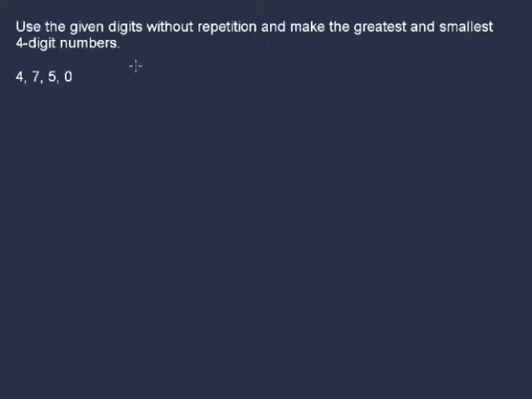Let's take one more example. Same question, same condition, different digits. We cannot repeat any digit, and we have to form the 4-digit number. The digits are 4, 7, 5 and 0. You have to keep one thing in mind: in this scenario, if you have digits in which there's a 0, as you see here we have 0, then for forming a number,